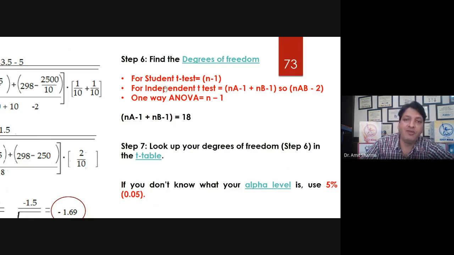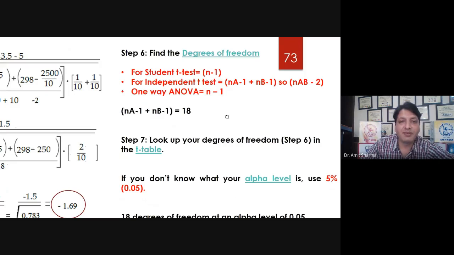So why do we have to calculate the degree of freedom? Because we have to compare our t value, which we are going to find in the last step, and that t value we are going to use in the table to find out the p value, whether our test was found significant or not significant. So here we have done the calculation. We got the degree of freedom 18, and for ANOVA we are taking n minus 1. This we can use in the next test which we are going to take today.